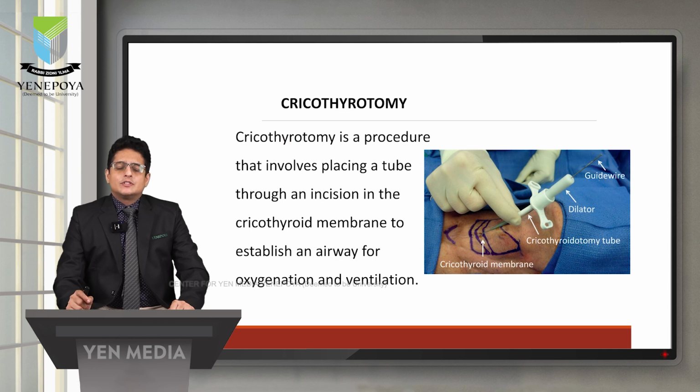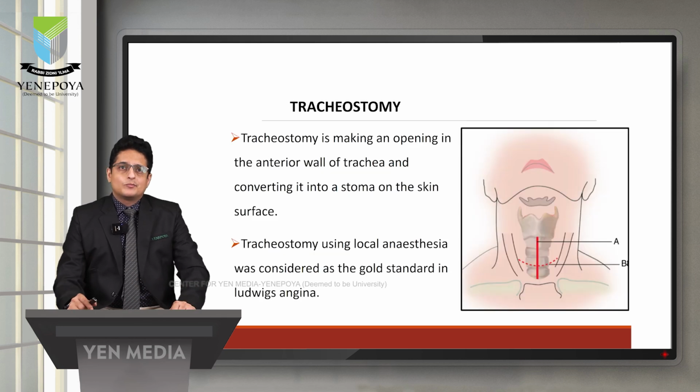Cricothyroidotomy is a simple, temporary procedure where an incision is made in the cricothyroid membrane and a tube is slipped through this membrane, thereby bypassing the upper airway and directly getting access to the trachea. But this is a temporary procedure until a definitive endotracheal intubation or tracheostomy can be performed. So it can be life-saving till the definitive management can be attained.